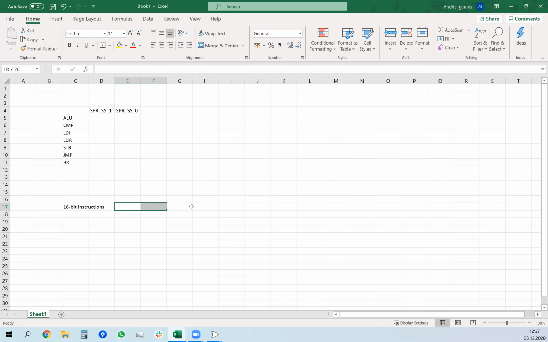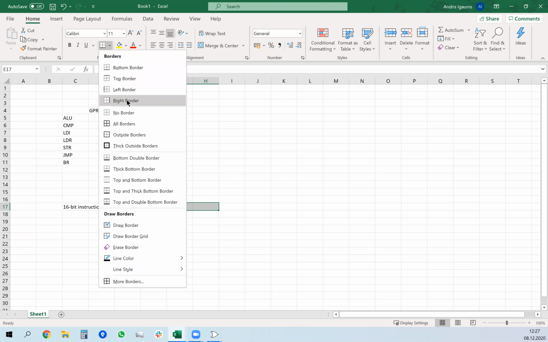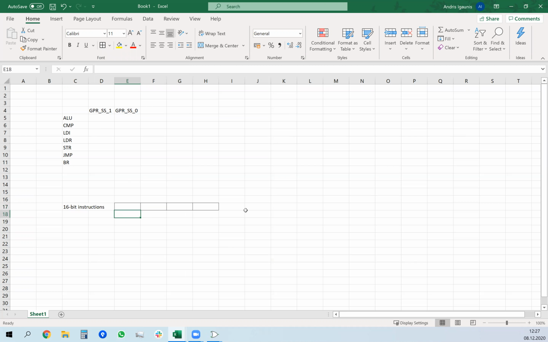And we'll just divide them into 4 nibbles. Each nibble is 4 bits. So here is 4 bits. Here is another 4 bits. Here is another 4 bits. And here is another 4 bits. And since we have only 8 registers and our CPU only has 16 bytes of RAM and 256 bytes of flash memory, we can divide the instruction into certain parts, and each part is used to control certain